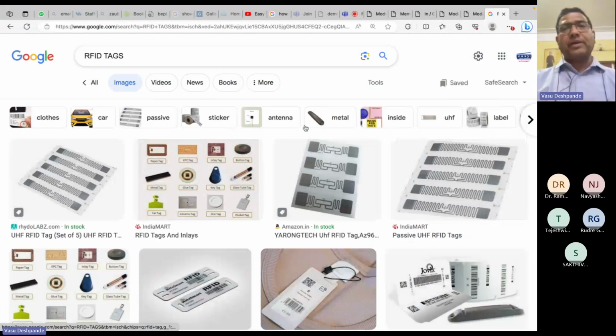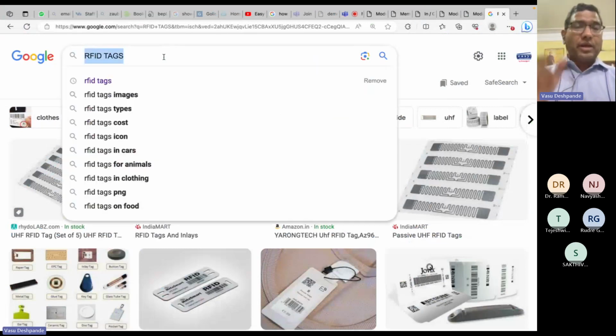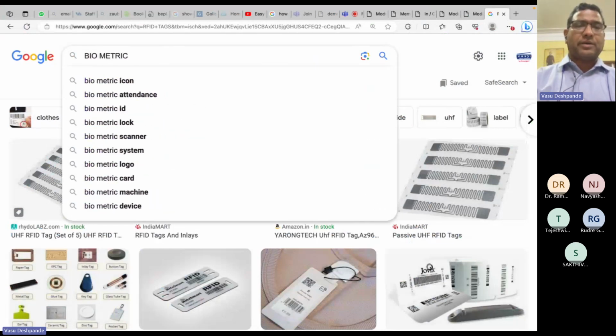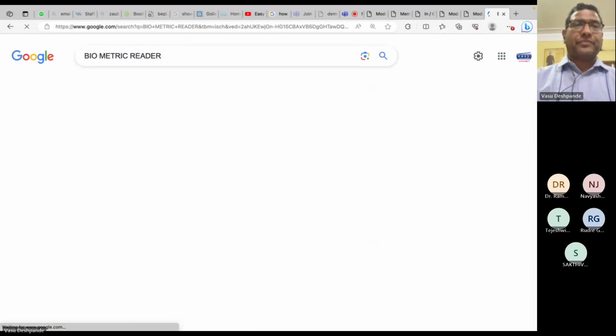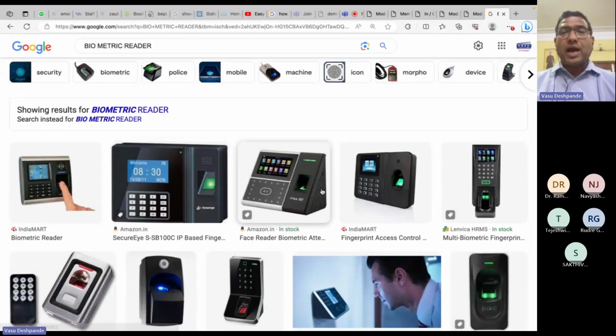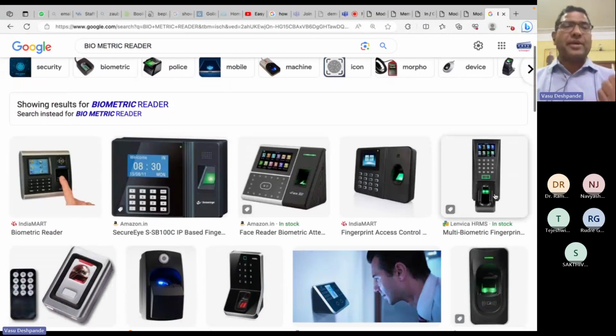And the third way, how do we do the entry? That is another one. If I go to the biometric reader, what you do is go and press your thumb over there. There are different makes, Securi is one of them, Amazon is another one, Lenvica is there. These are all the different makes of